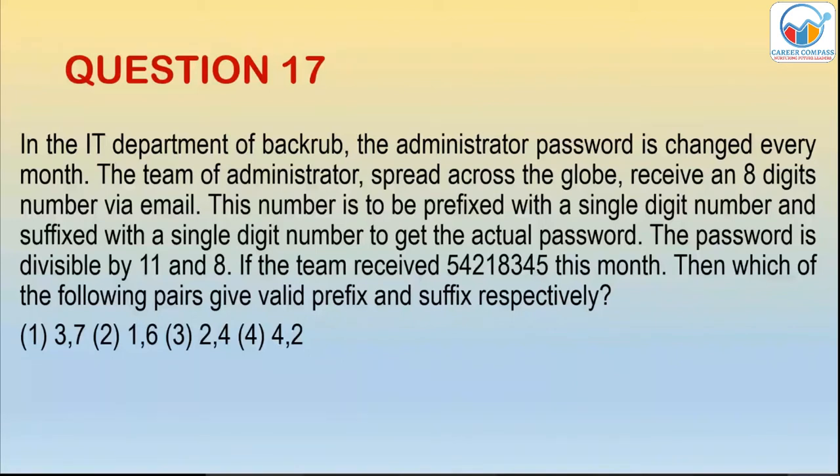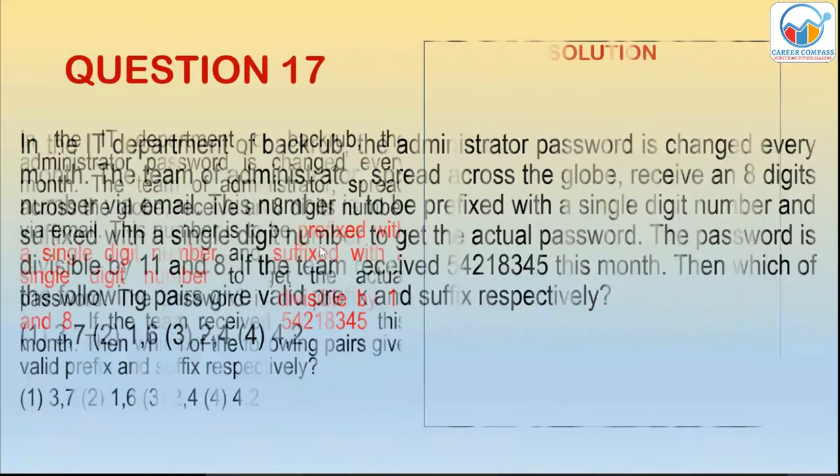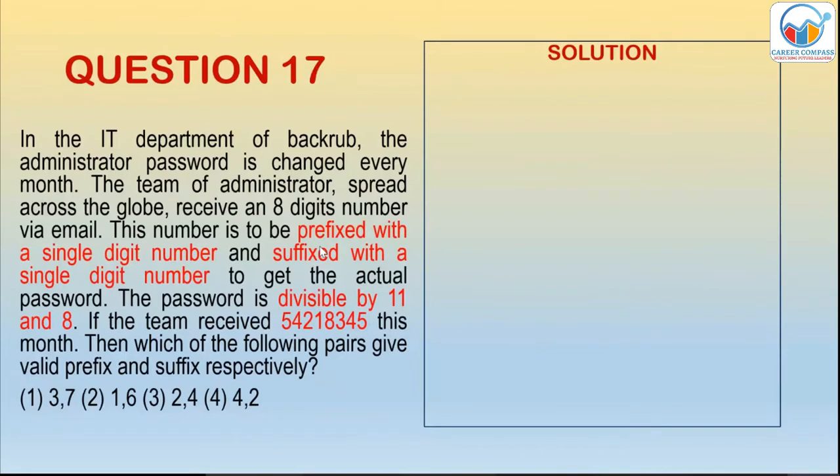All right, so let us understand this question. You see, in the exam, you might get a question that looks big, but don't get scared by the size of it, because you never know, this question could be really very easy if you filter out the unnecessary or the redundant part. For example, all that matters over here is to filter out the necessary portion where it says that this number has to be coming up with a suffix and a prefix, which means there has to be a digit before that and a digit after that,